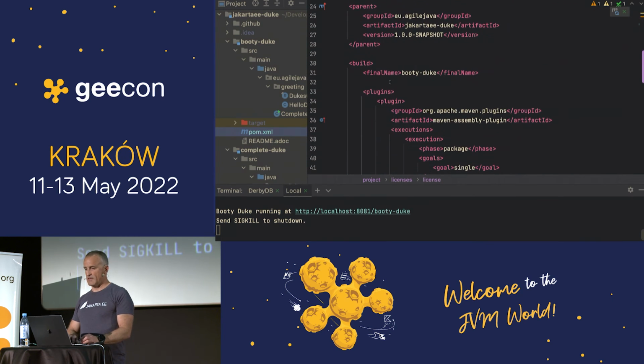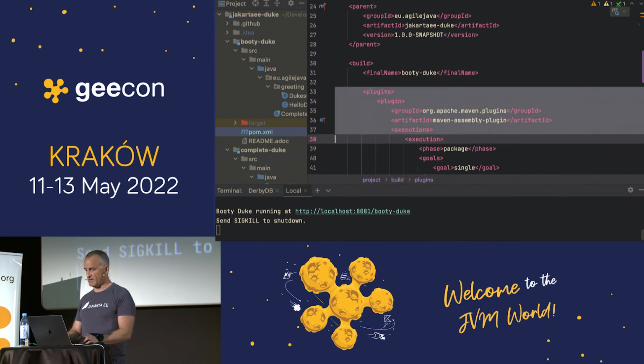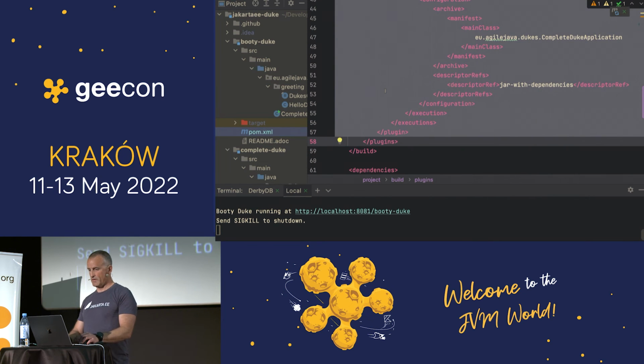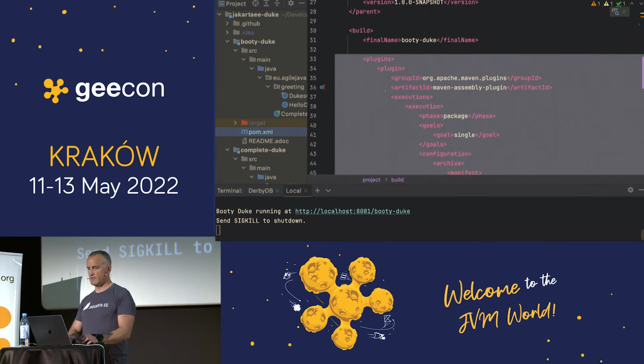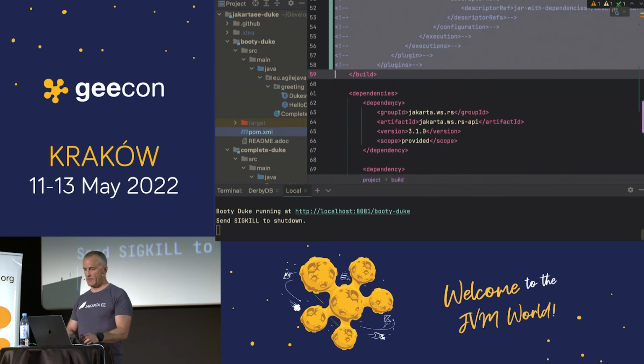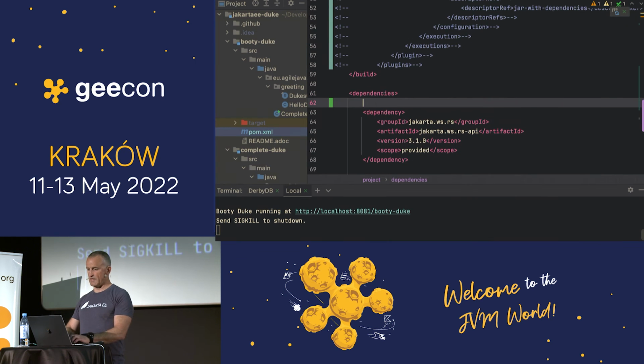I'll see that, hey, this assembly thingy, I don't need that. So let's just comment out all the plugins here. All these dependencies I don't need.